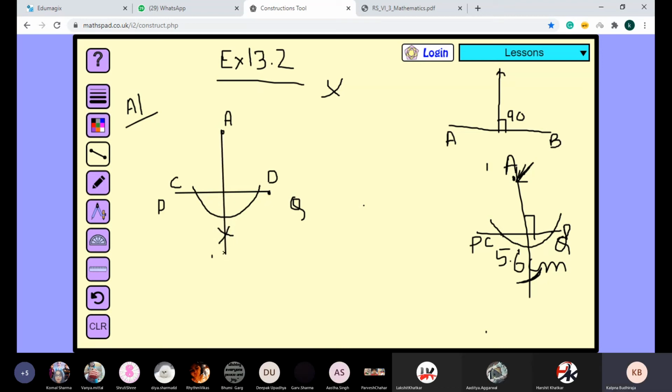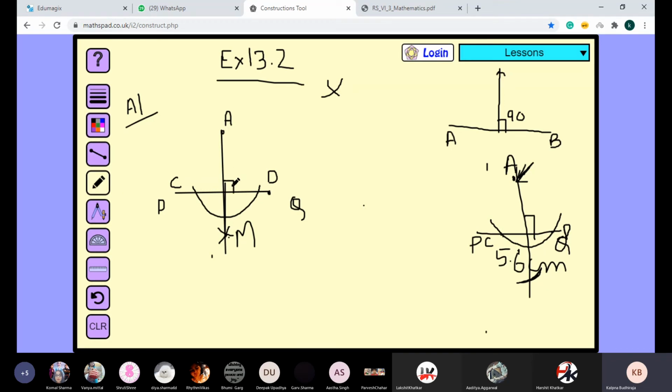Okay. Beta, this is how your point should get. Point A is perpendicular, means through point A you are getting a perpendicular. या जो आपने arc cut की है ना, let us call this point as M. जहाँ पे आपकी arc cut हो रही है, point M और point A को आप join करो. So this will be your perpendicular.